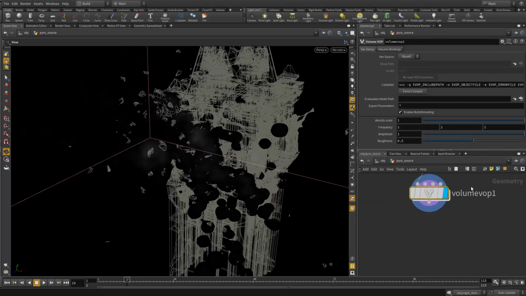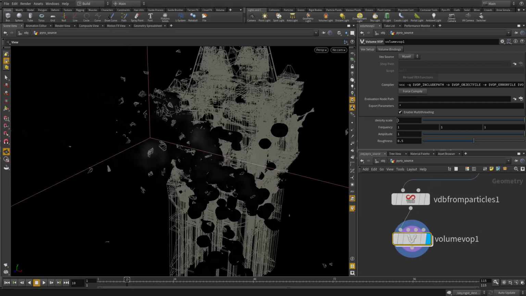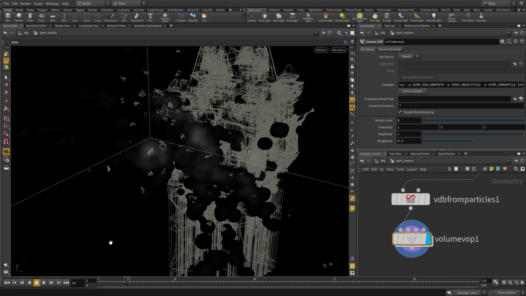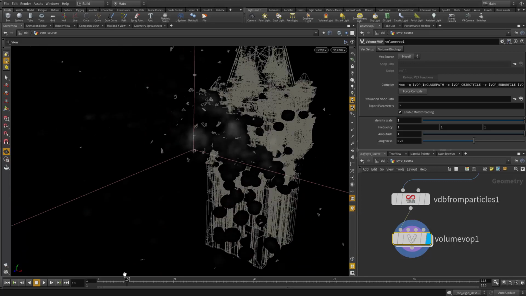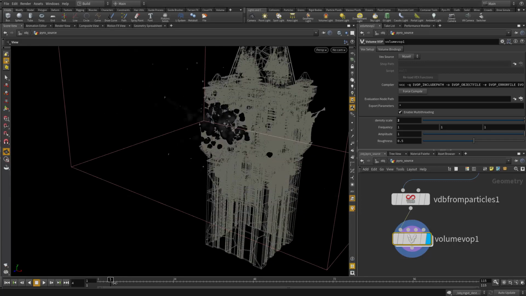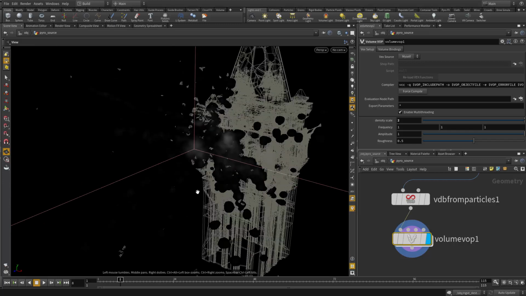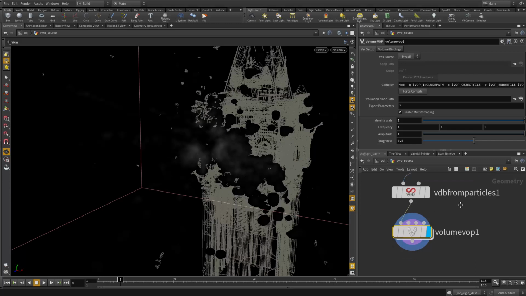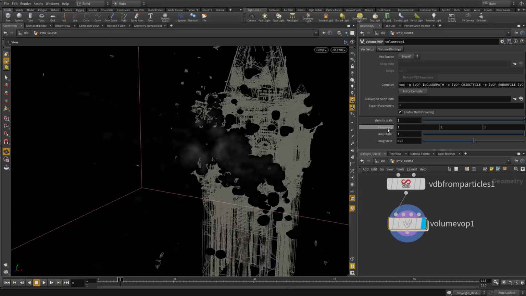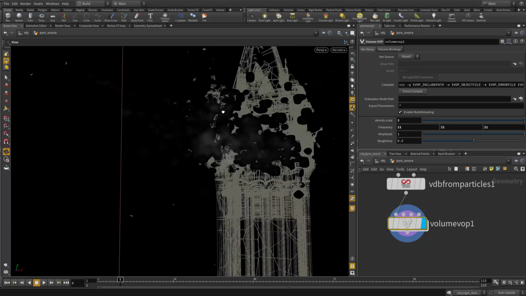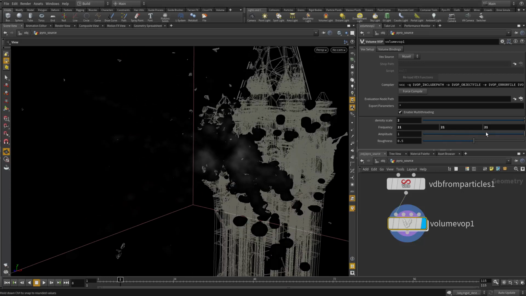Now let's go outside by pressing the U button, and here I'm going to change the density scale to maybe 2, so we're having more density. And also maybe I can tell it to have a bigger frequency. I'm gonna change that to 10. So we're having smaller detail. And amplitude can be a little bit weaker. Roughness can be,